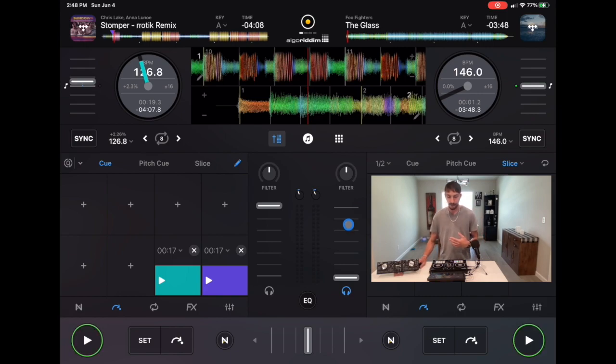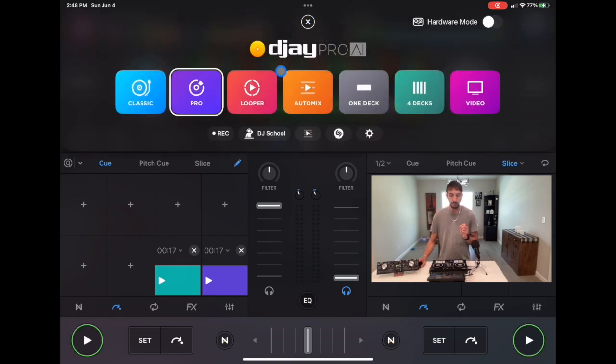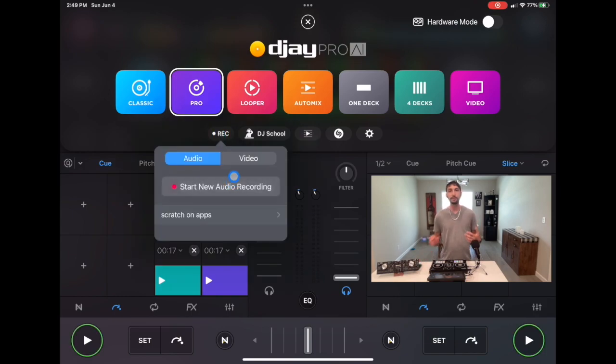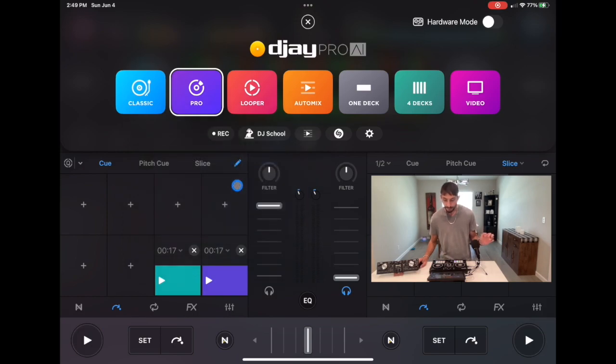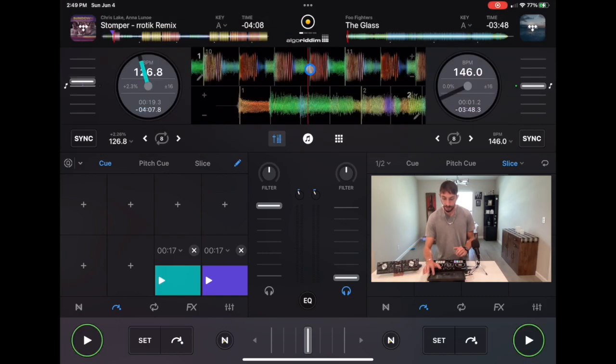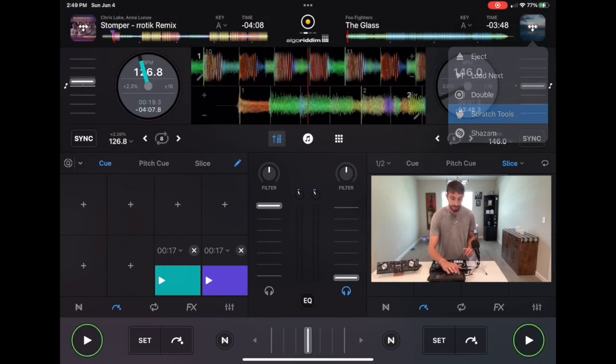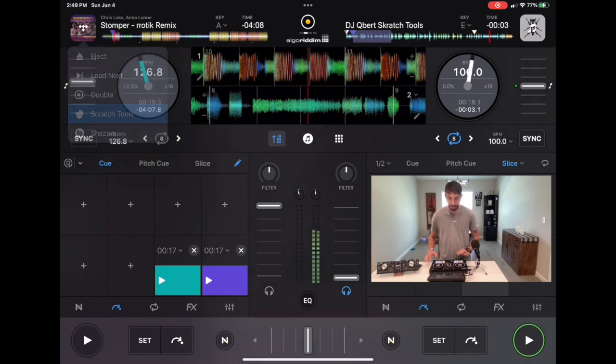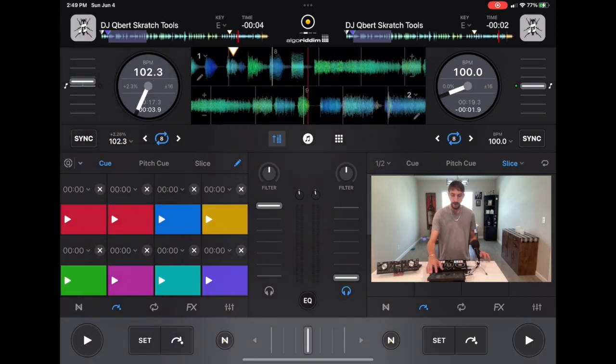Number 2 is going to be that you could record video. So Djay Pro AI has a great video mixer where you can mix music videos and visualizers. So if you go to video and then you start recording, well, obviously it's not going to work with a song from streaming service. Let me just get those out. I'm just using the scratch samples here. So now if you go to record video,